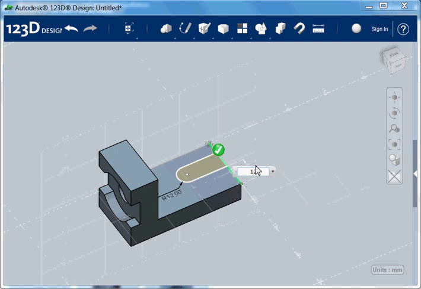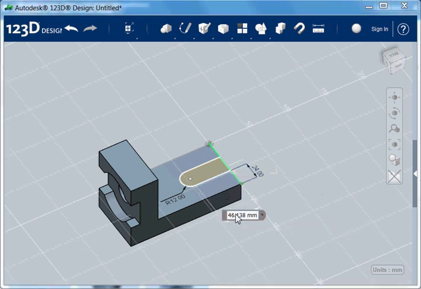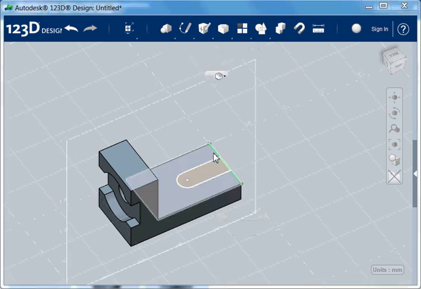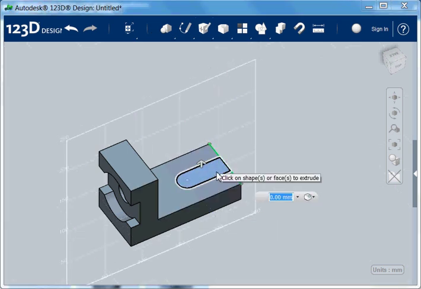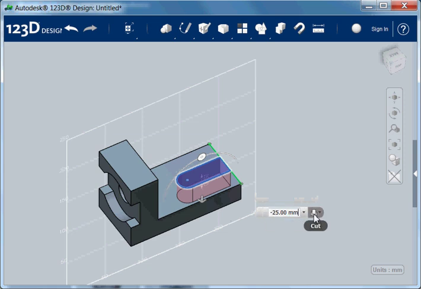I make it 24. And this I am going to make 50. Needless to say, we are going to extrude this. I select this shape, and if you hover over it, then I can just push it over there, cut, enter, happy,